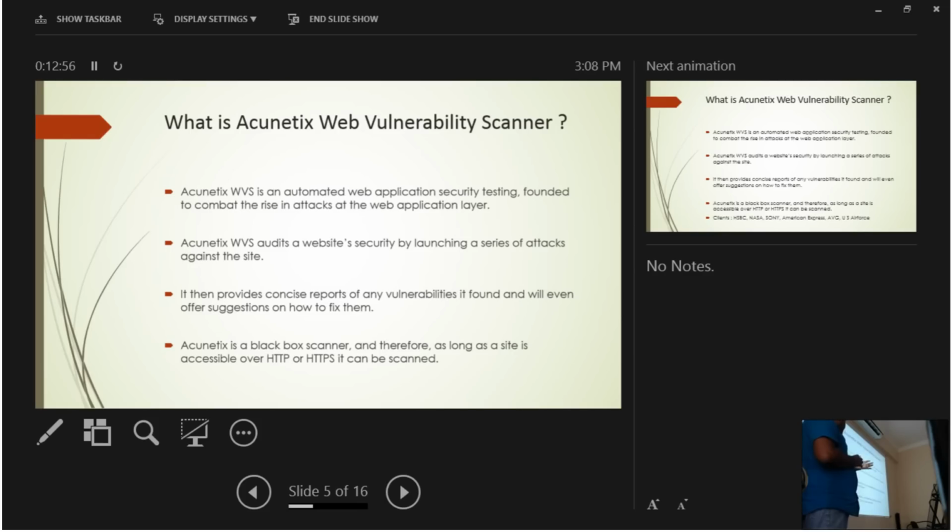So they created test scripts for those attacks, and they will launch them against our site. Then they will test how the site reacts and responds to those attacks, and they will give a full report about them. It consists of reports of any vulnerabilities it found and will even offer suggestions on how to fix them. This is the main feature. Unlike most web scanners, Acunetix will provide a full in-detail report: how they attacked our system, what the result is, and